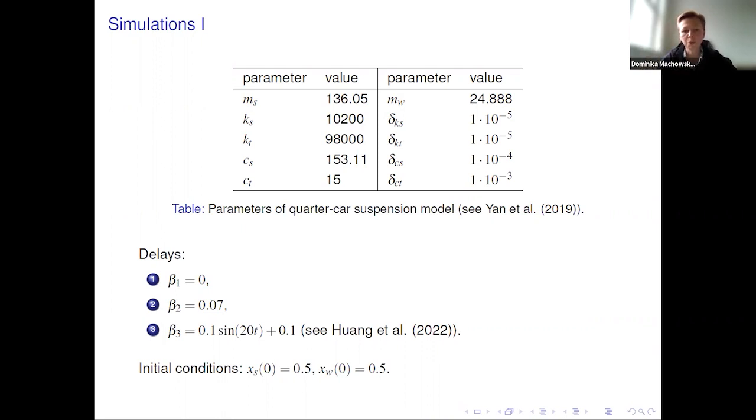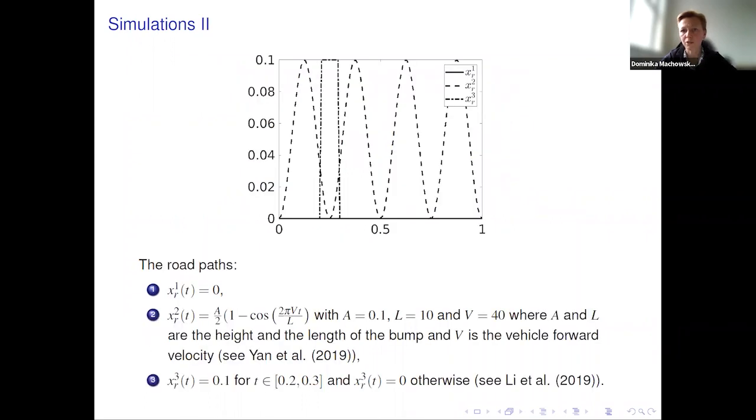and without any peaks? And we, of course, analyze three different road paths. The first one is the flat road. So this is the ideal world. Second is the jumps, given by the cosine, so it's like we have jumps periodically. And the third road is with one big jump at the beginning. So these are the three types of roads.